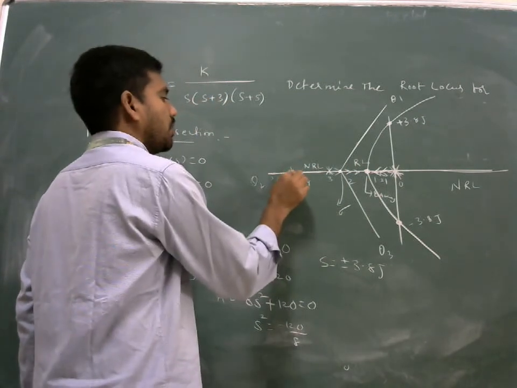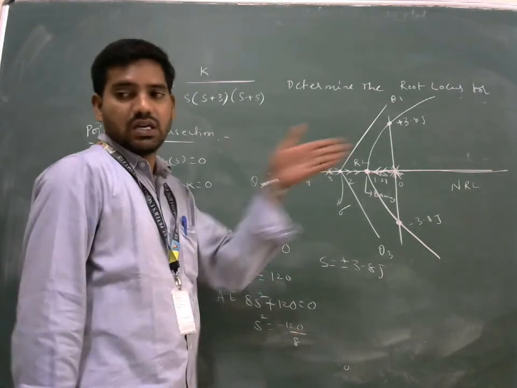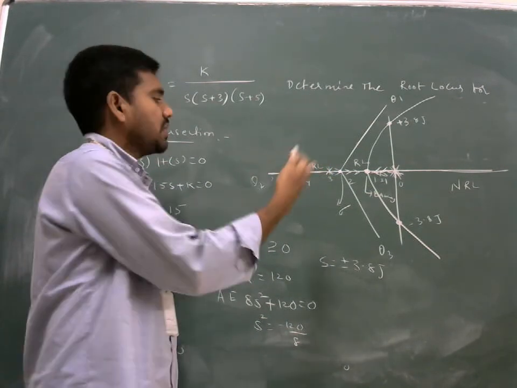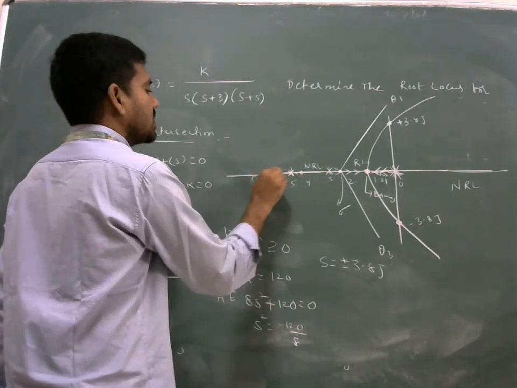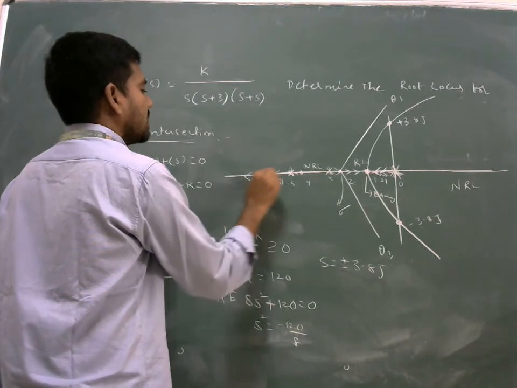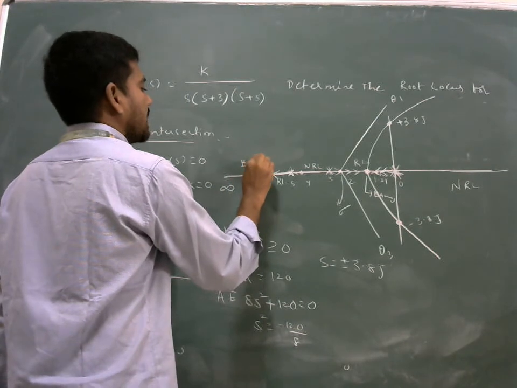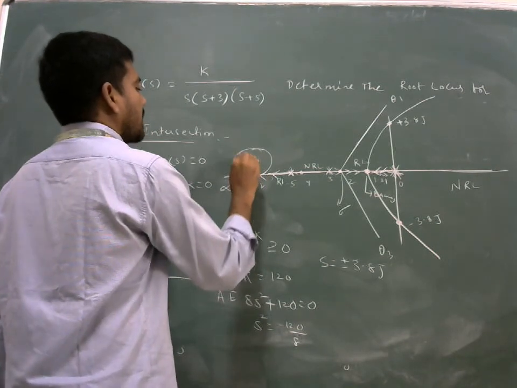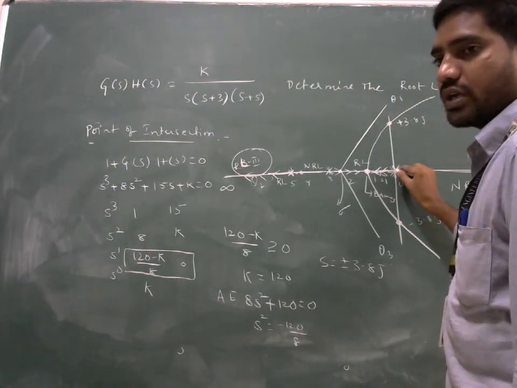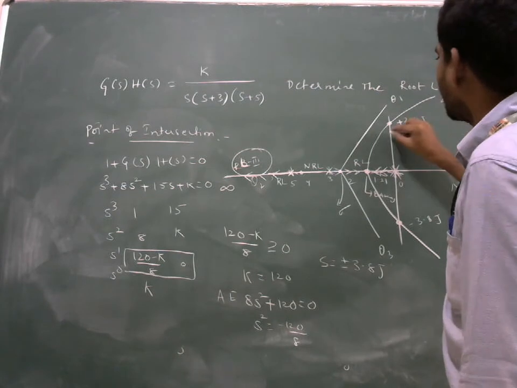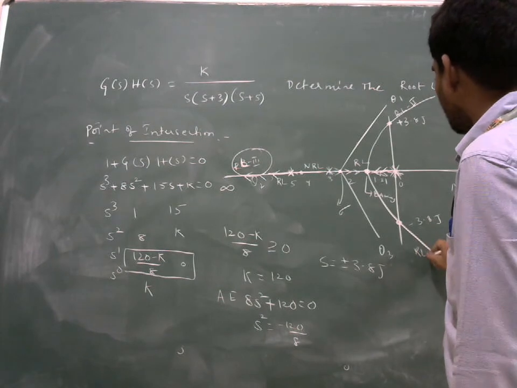Now coming to pole 5. Is there any chance to move in that direction? On the right hand side, there is no chance. Why? Because there is no root locus on that particular side. So definitely it will move in this direction only, and ends at infinity. This is root locus branch 3, RL branch 3. This starts from the 0 pole and ends at infinity. This is root locus branch 2. This is root locus branch 1.